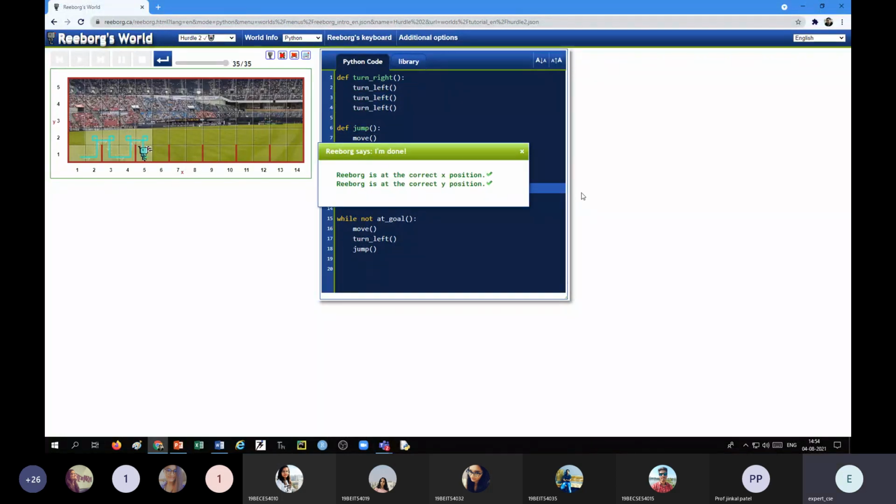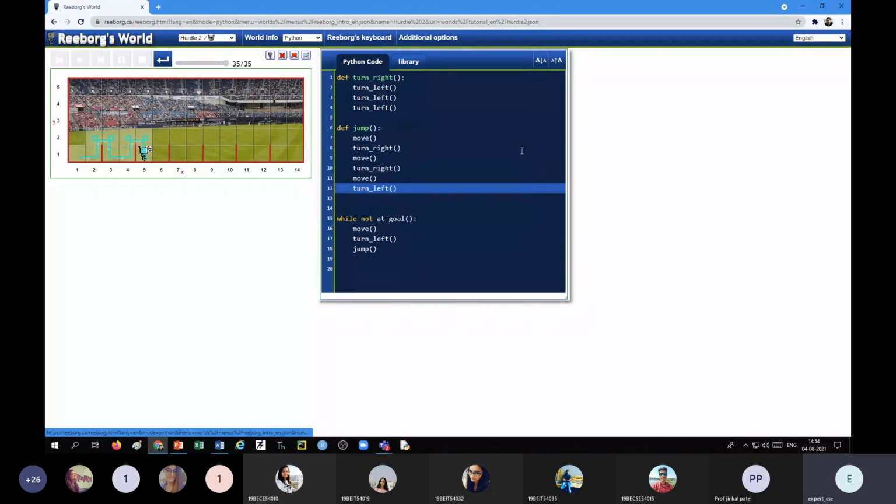Okay, so now this at goal becomes true and we have to stop the process. So this way we can pass the second layer. First layer was the number of iterations was fixed. In the second layer, when it touches the flag, we have to stop. Okay, the next layer is